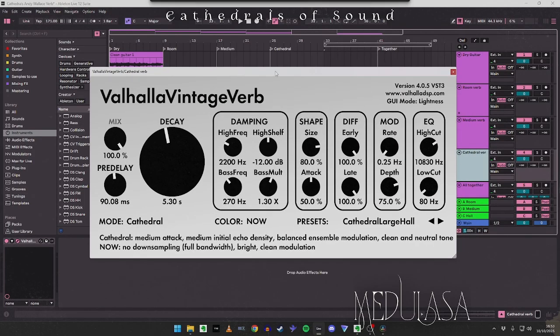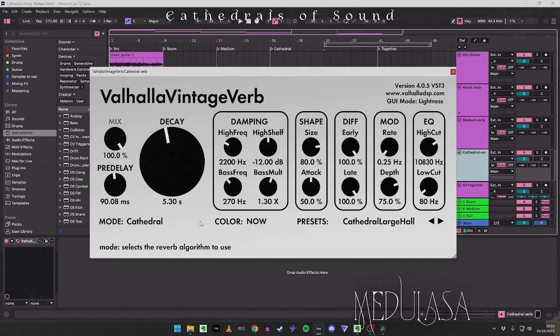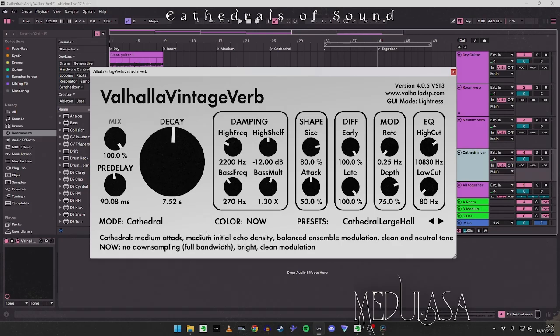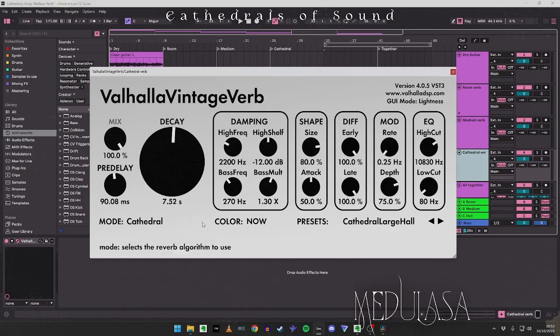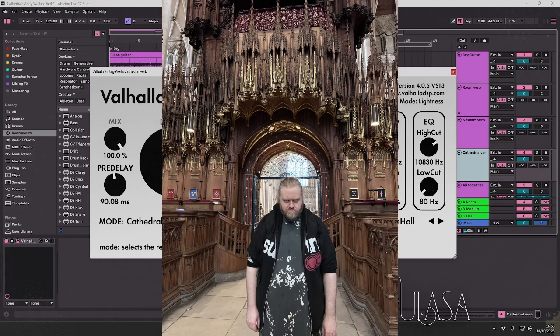cathedral reverb. Basically we're going for a large hall reverb. Honestly, I might even increase the amount of decay on that, so quite a long decay. If you're thinking about being in a space such as a cathedral and you clap, the decay is how long that clap will take to disappear sonically. And it's usually quite a long time in a cathedral,